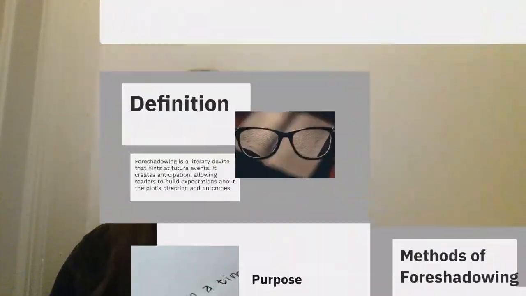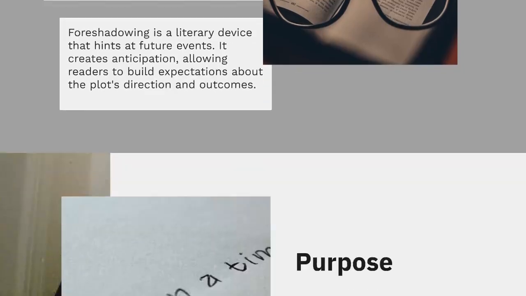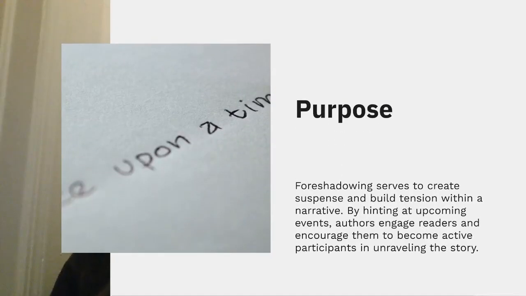So, a short introduction to foreshadowing. Foreshadowing is a literary device that hints at future events. It creates anticipation, allowing readers to build expectations about the plot's direction and outcomes. Now, the purpose of